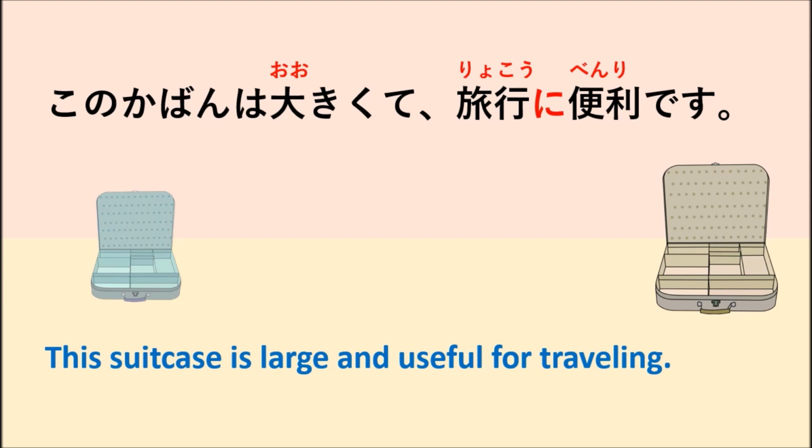That means we use this when something is good for something, and here we use it between thing and thing. For example, 旅行に便利 means good for travel. Or you can say another sentence with noni, for example, the computer is good for everyone: パソコンは、みんなにいいものです。